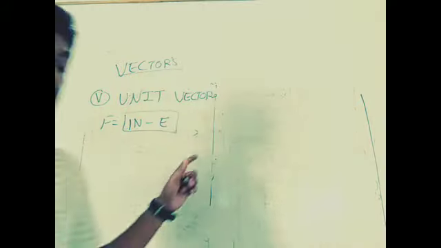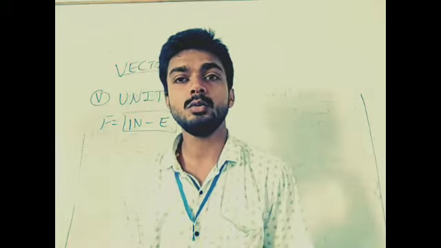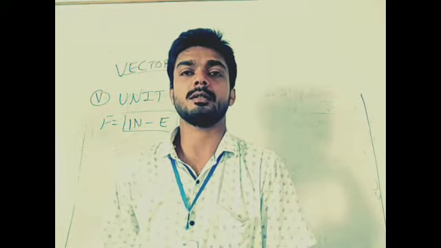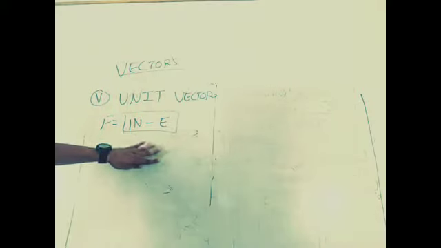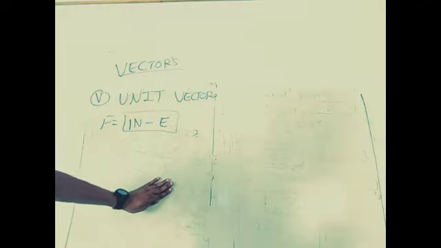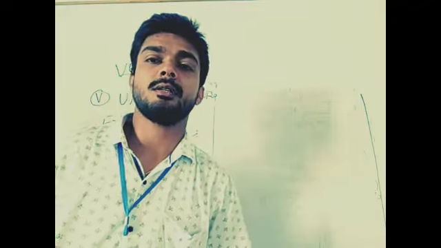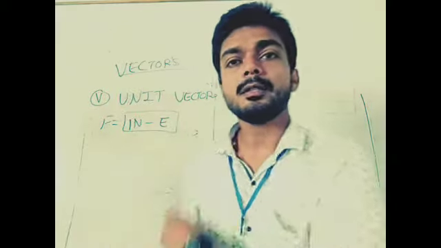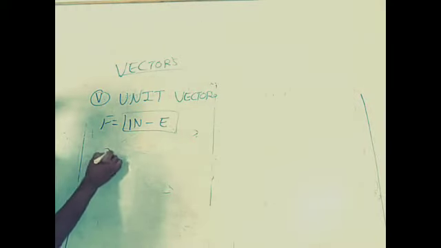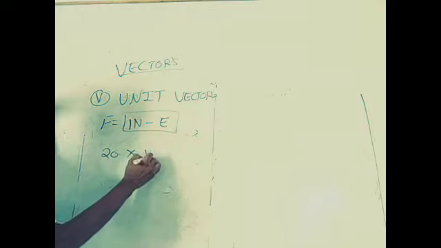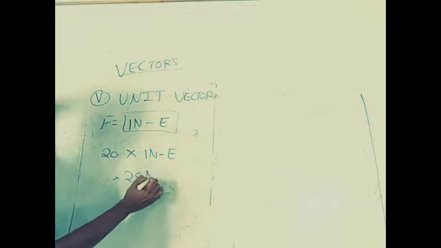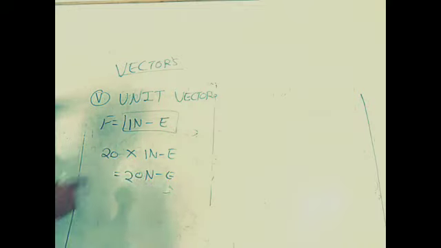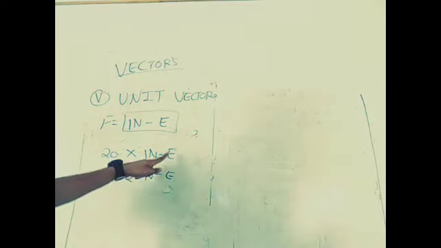Then the question arises, what is the purpose of these unit vectors? Why are we using them? Students, unit vectors are the most important vectors used to represent direction. We use these vectors to give the direction. For example, suppose you multiply 20 with this vector, 1 Newton in the east direction. What answer will you get? You will get 20 Newton in the east direction. This unit vector has provided its direction to the 20.